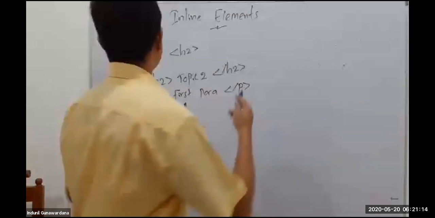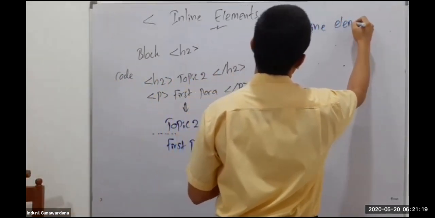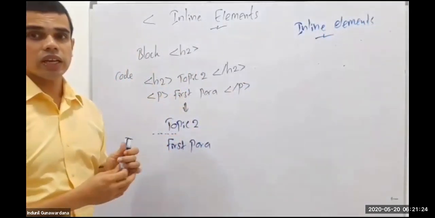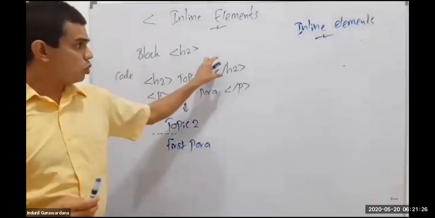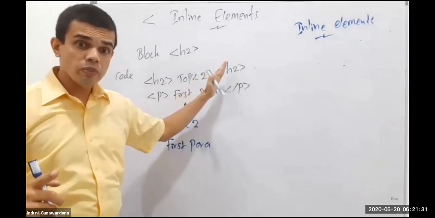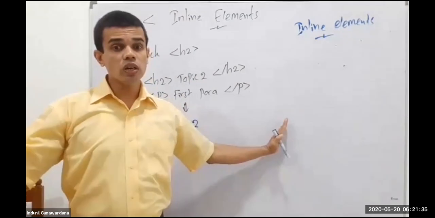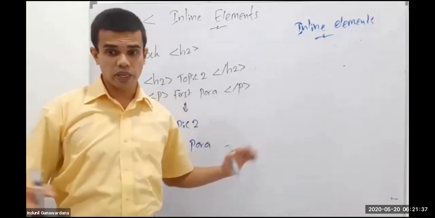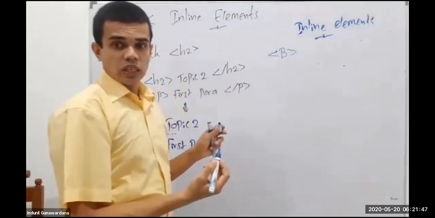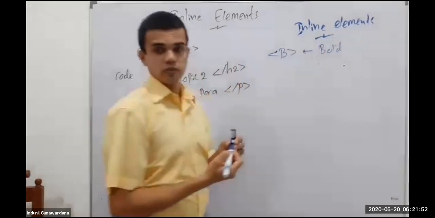So this is the lesson for the day, called inline elements. Now, once you go for the inline elements, that is the opposite. What can be the opposite? Whenever you close one such inline element, output will be continuing along with the same line. It won't go into the next line automatically. Let's go for one such inline element called B. So this is to bold a given text.